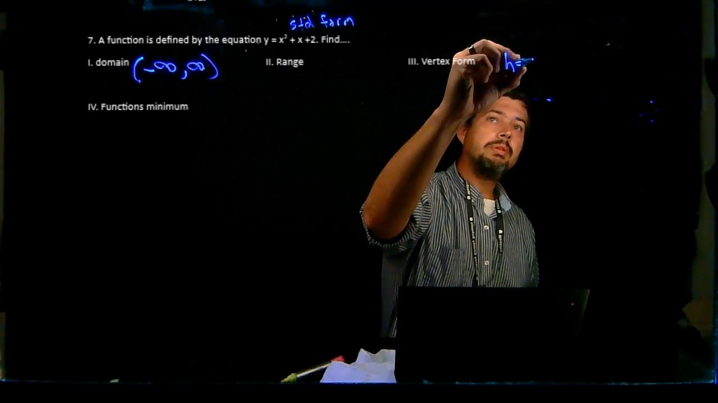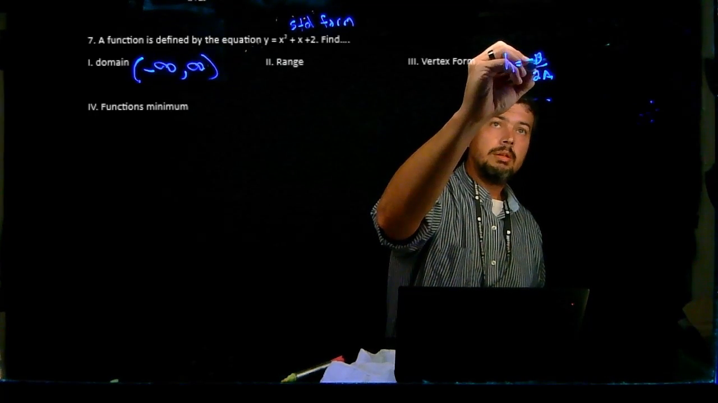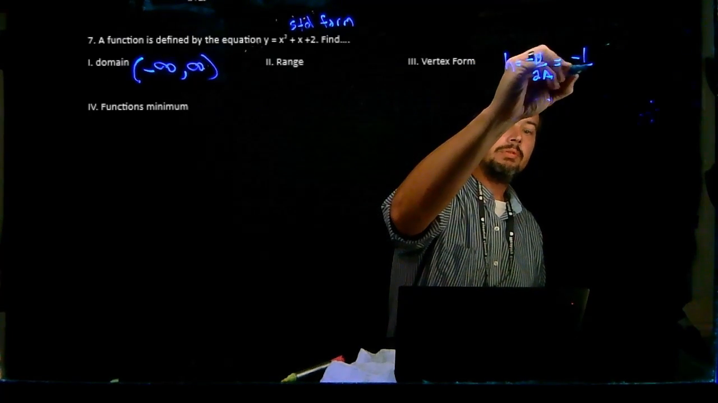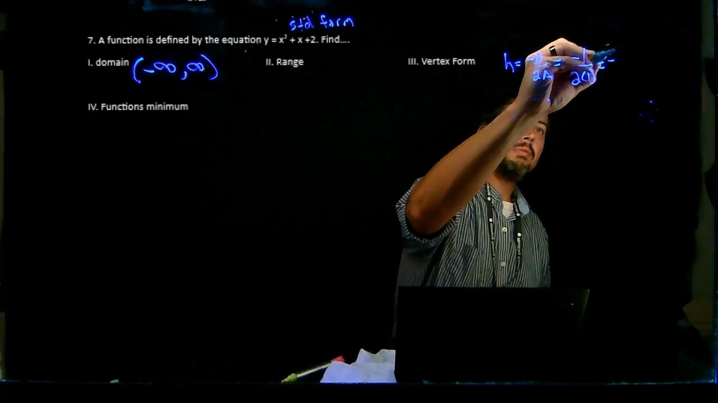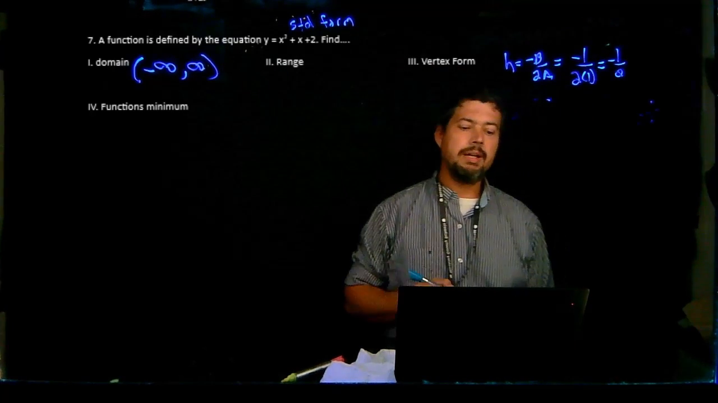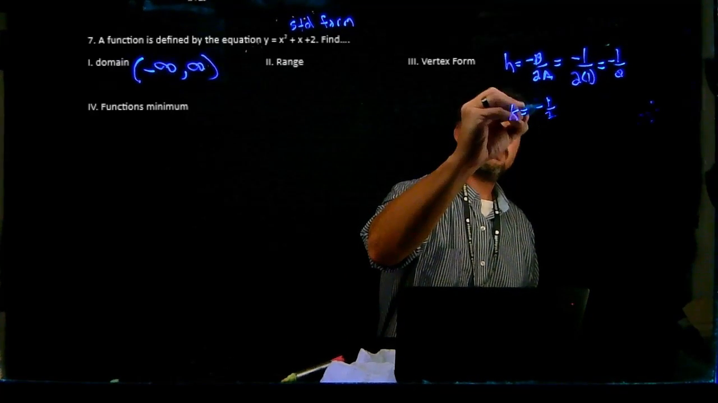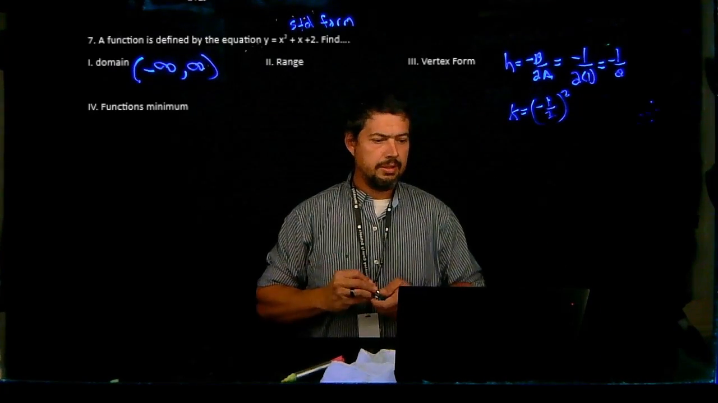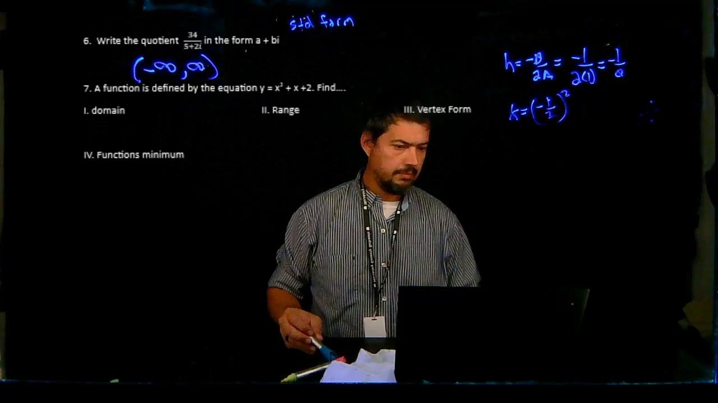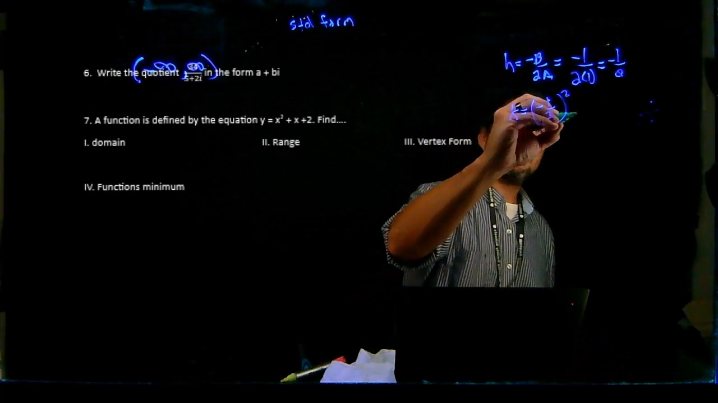H is found by doing opposite b over 2a. So b is 1, we'd have a negative 1. A is 1, twice a 1, we get back a negative 1/2. To find k, we plug that thing in. We take a negative 1/2, it says squared, right? You see where it says squared? And then we have plus x, so plus a negative 1/2,